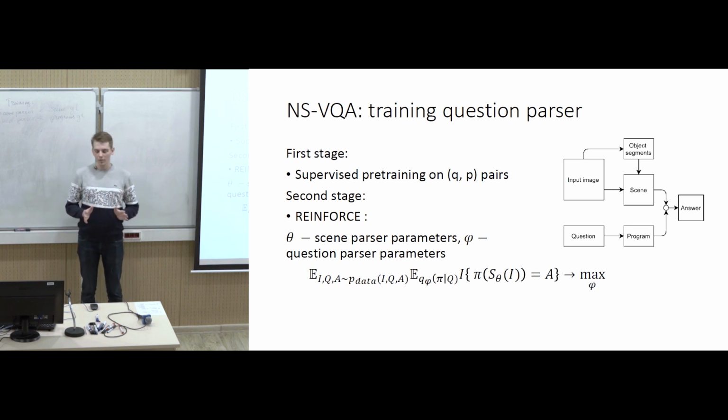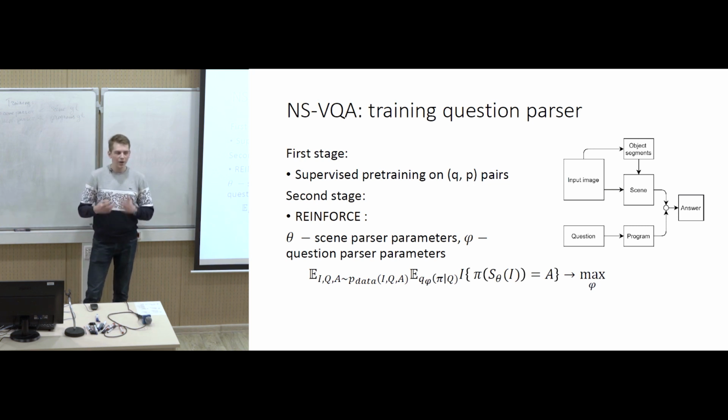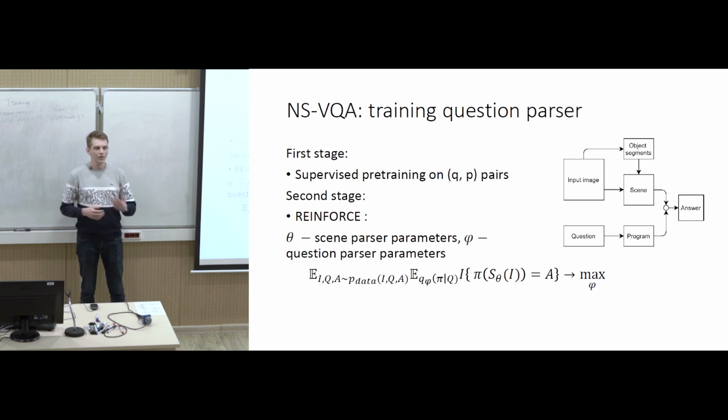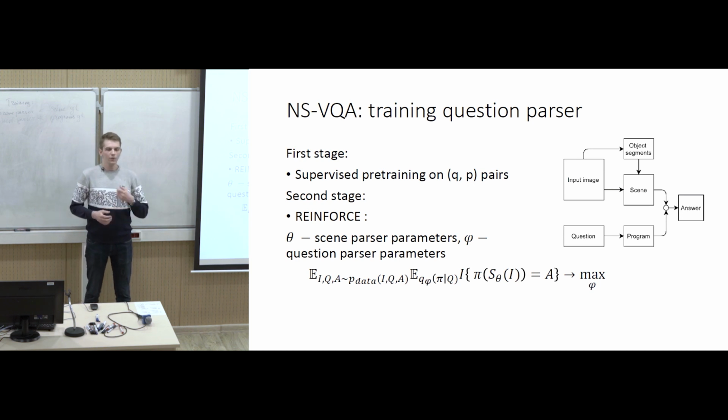Okay, I remembered. So in the reinforce stage of learning, we do actually get the rewards from generating a program and from comparing its output to the answer. But when an error occurs, we just set the reward to 0 and ignore this gradient update. And in the evaluation stage, if an error occurs, we just say that we were mistaken in this instance. We count this example, but with 0 accuracy, something like this. What is fine here is a program. Yeah, it is a program. It's the parameter of the program